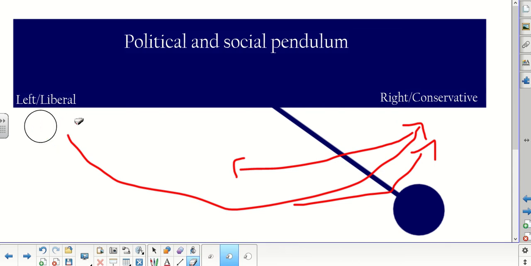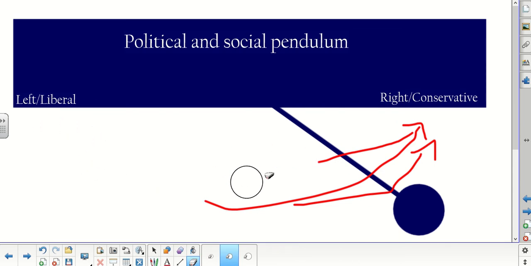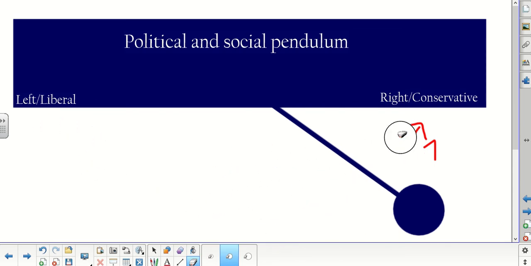So in general, by the way, and we're going to come back to this, and I'm not putting any value judgments on this, I'm just telling you the way things are. In general, a liberal, by definition, is more in favor of change, and a conservative, by definition, wants to keep things more the same. Now, you can be so conservative that the change you want is to make things back the way that it used to be, if that makes sense.